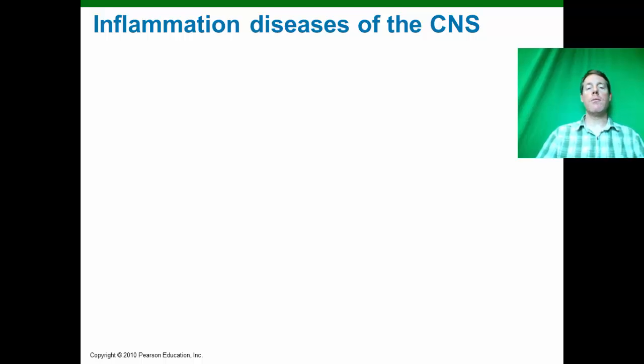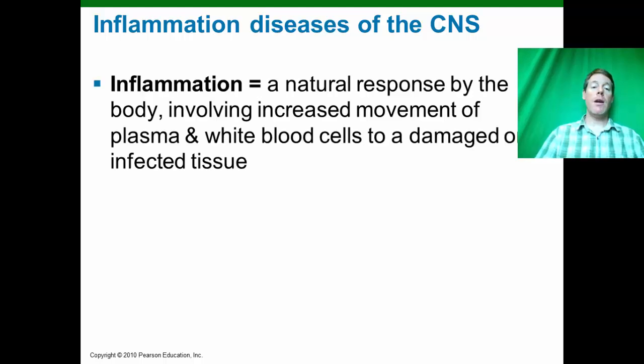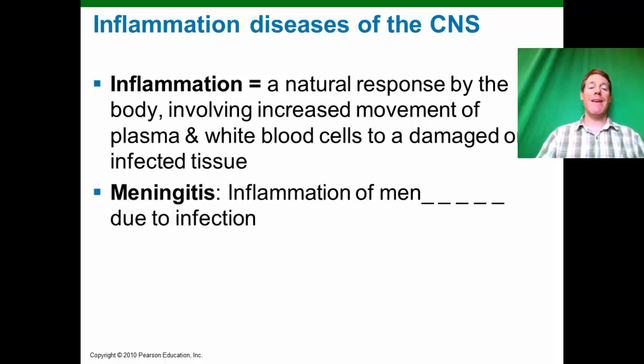Okay, now a couple of notes on some of the diseases of the central nervous system. Several diseases that I want you to understand are inflammation diseases. Inflammation is something we talked about briefly previously, but to remind you, it's a natural response by the body involving increased movement of plasma, which is the liquid part of blood, and white blood cells to damaged or infected tissue. Now, inflammation is sometimes helpful in fighting infections, but when it happens in the brain or the meninges, it can be dangerous. Meningitis is inflammation of the meninges due to an infection,